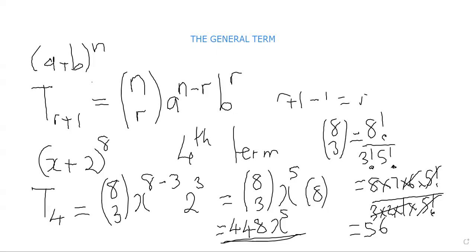Let's move to another example. Let's look at this, which is b. So we are given (2x − y)^12, and they want us to find a specific term, which is the seventh term. So to find the seventh term, you say the seventh term, which is T7, is equal to